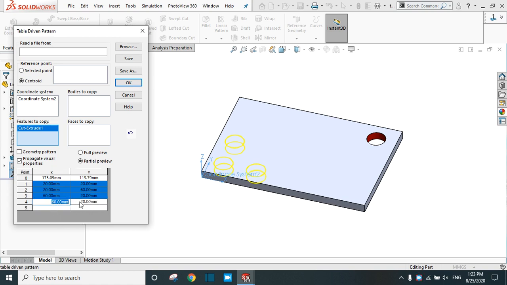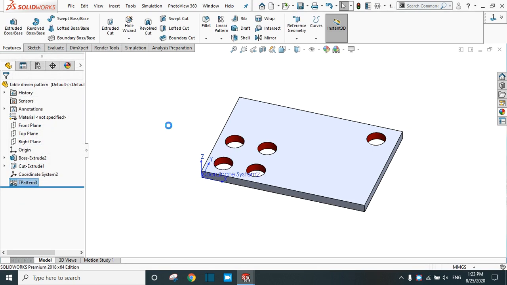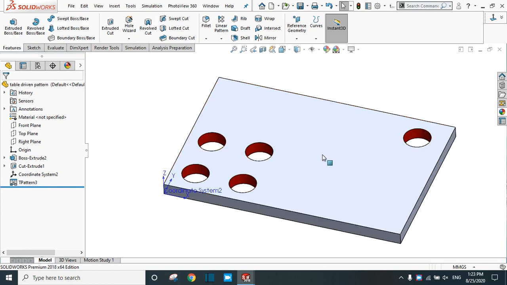Again, let's say this one is 60 and this one is again 60. In this way, it will create the table driven pattern with reference to this input data. Click OK. Now the table driven pattern is created.